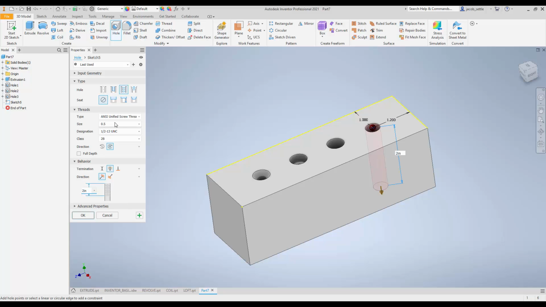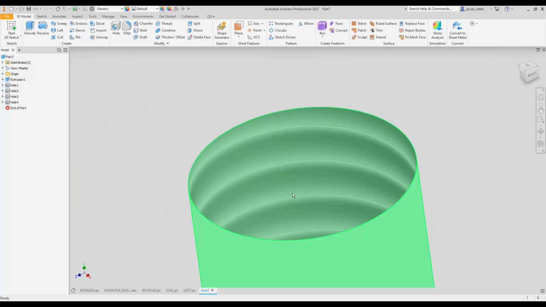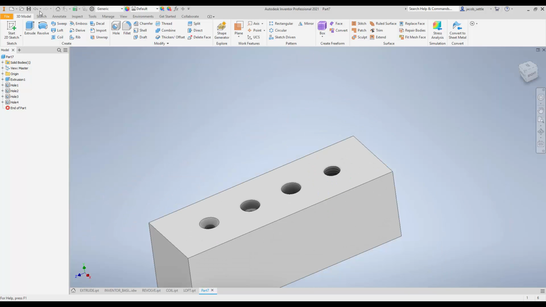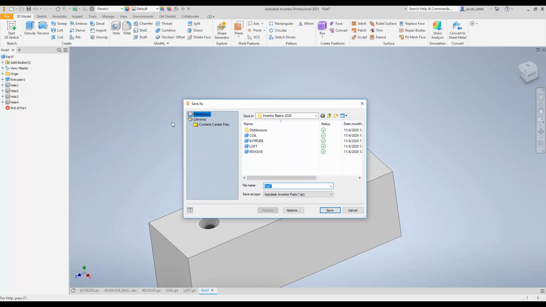It already has 1/2 inch in there, but you would have to select the diameter first, and then how many threads per inch it is. The 2B is a classification, so the tighter the thread would be a 3. If it's a very loose thread, it would be a 1. And a B is an internal, A is an external thread. So I'm going to hit OK on that. If you look in there, it kind of puts a little picture of a thread in there. We're going to save this as hole,